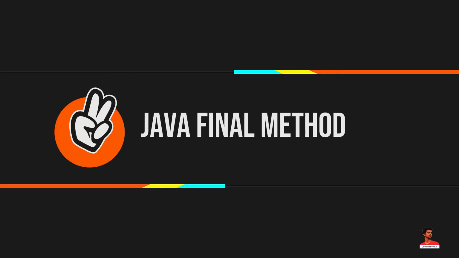Before you learn about final methods and final classes, you should know about Java inheritance. I have already created a video on Java inheritance, link is in the description. In Java, the final method cannot be overridden by the child class. For example,